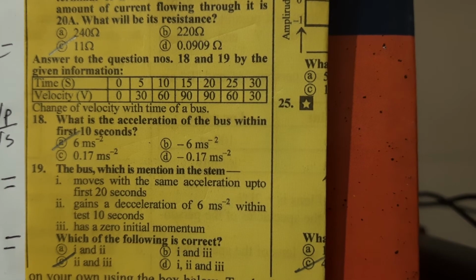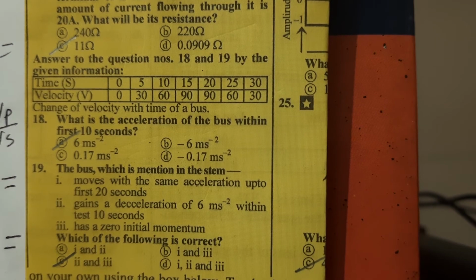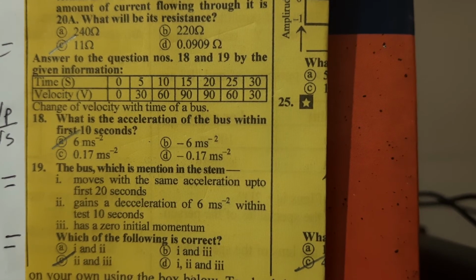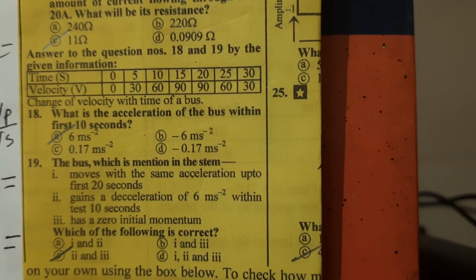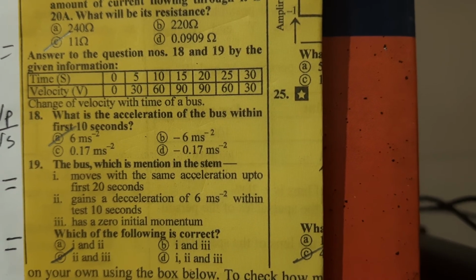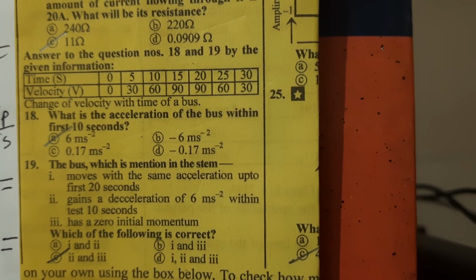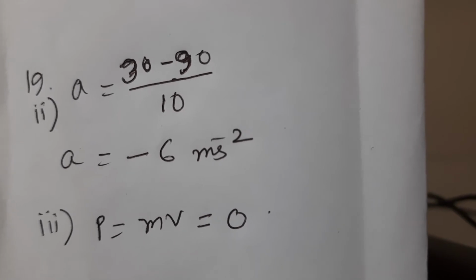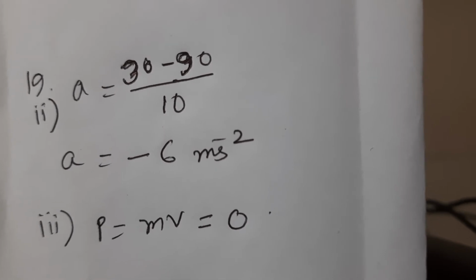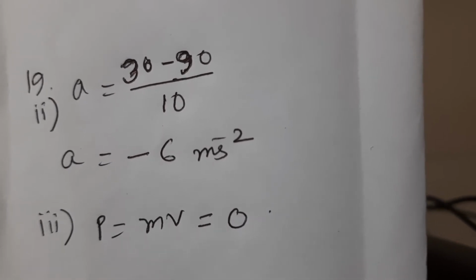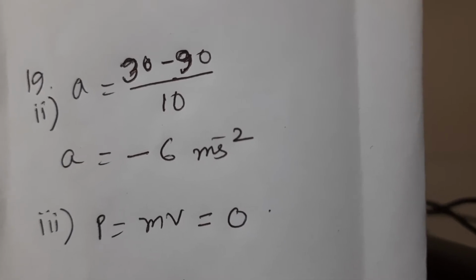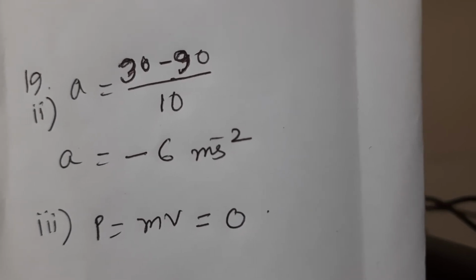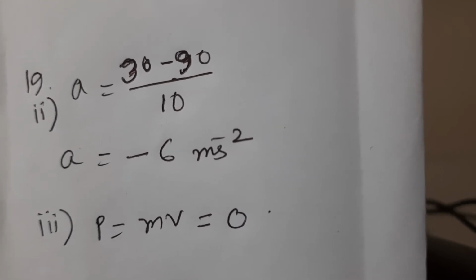Gains deceleration of 6 meter per second square within last 10 seconds, and statement 3 has a zero initial momentum. Okay, here statement 1 is wrong, and for statement 2 we have given that the deceleration is 6 meter per second square. We can get A equal to, for the last 10 seconds, according to the table, we see that in the last 10 seconds the velocity is decreased